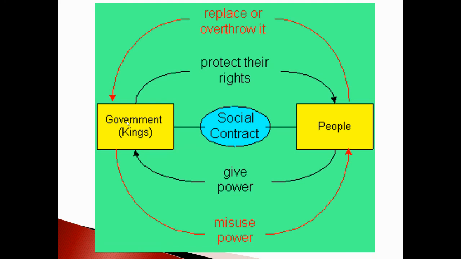When we look at the social contract, we can look at the Declaration of Independence. The Declaration of Independence, which Thomas Jefferson wrote, justified revolution through the social contract theory, basically saying that King George III of Britain and Parliament and all of his ministers had violated the social contract. And so Thomas Jefferson said, you know what? He pulled all these ideas straight from John Locke, because John Locke had said that we all have the right to three things: life, liberty, and the pursuit of property. Well, Jefferson took that and put it in the Declaration of Independence, where he said we all were endowed by our Creator with certain unalienable rights, and those are life, liberty, and the pursuit of happiness.